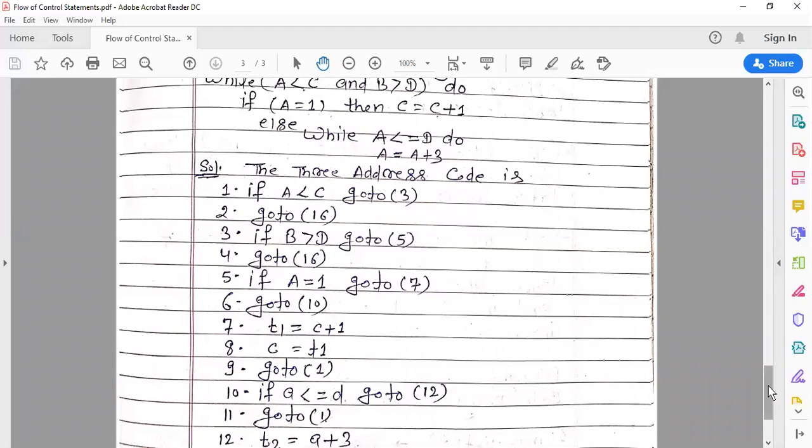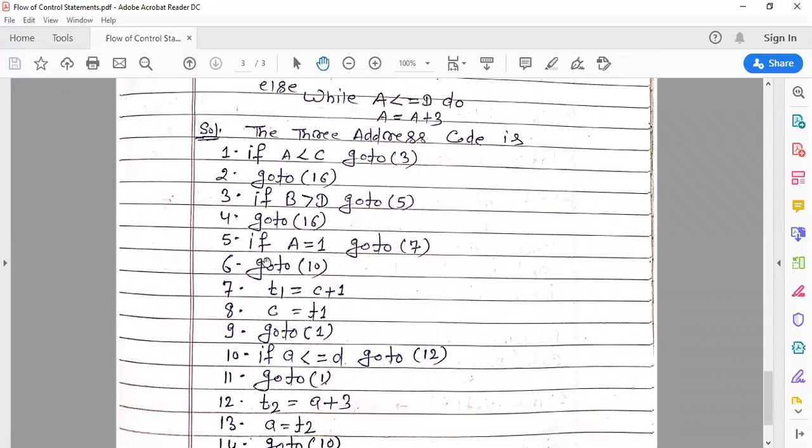So what is the else statement for the if? The else statement for the if is go to 10. Go to 10 is the false label. If A is equal to 1 is false, then your control jumps to go to 10.